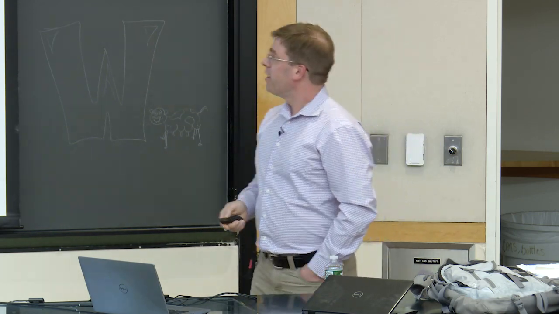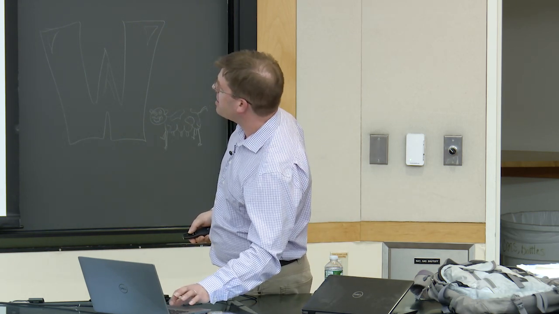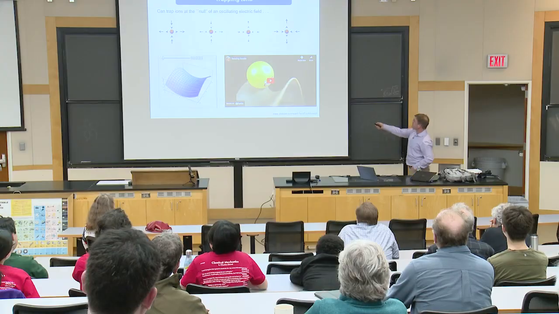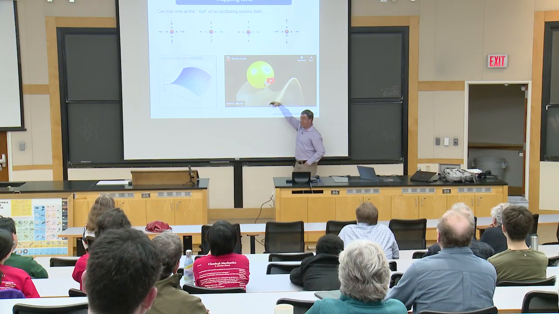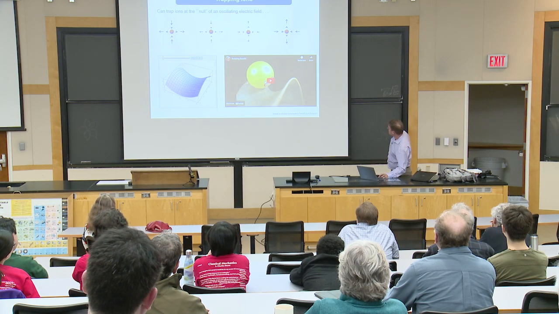I claim you're wrong, right? And the reason why I claim you're wrong is because here's an analog to this. This is not electric fields, this is gravitational interaction. But here is a saddle potential in gravity. Basically, you'd say I put a ball on that, it should roll down the hill and not stay, right? But it turns out if you make the saddle spin, that's analogous to the sloshing of this potential that we